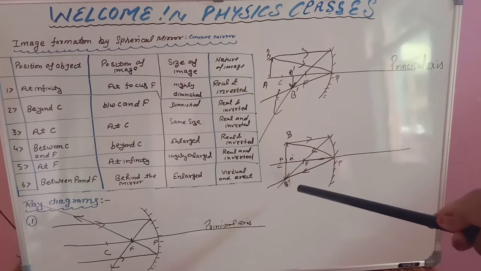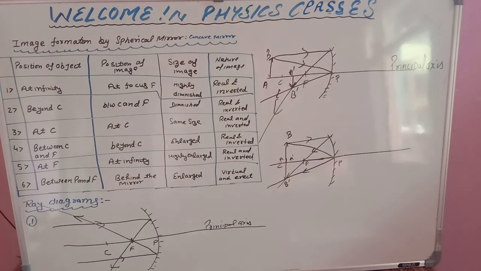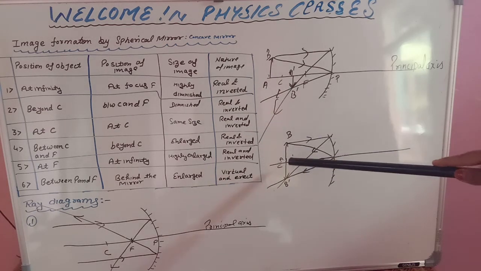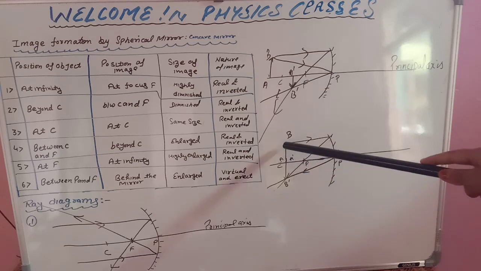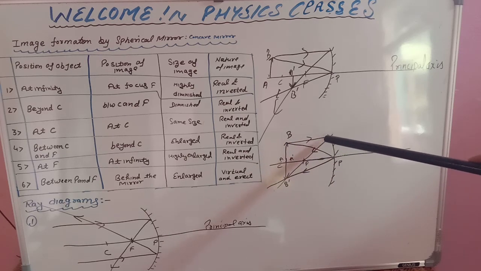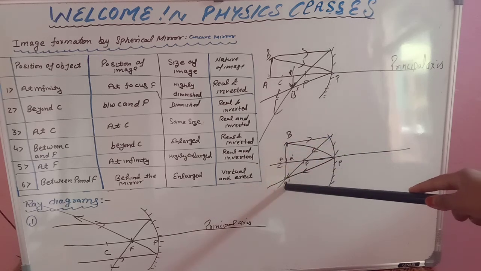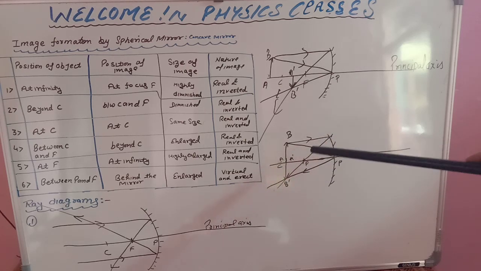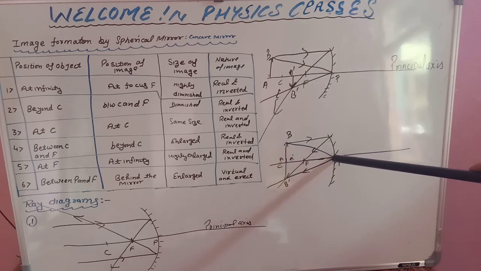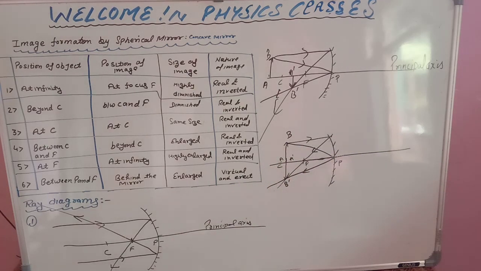Some students are saying that our lines are not meeting at C. So how you can draw? First draw object, then draw image of the same size, and then you can draw the rays. Okay, first ray you will take here and then just join this point and B dash with a straight line with the help of scale. Okay, and then you can draw this line from here to here and again you can join this point and this point. Means you just have to use common sense and nothing.